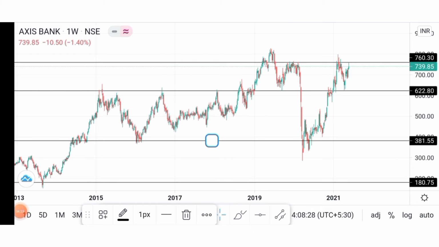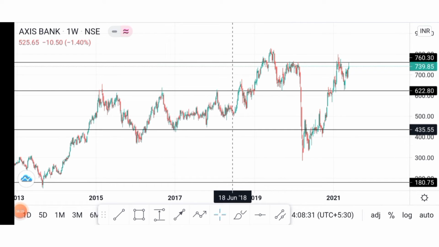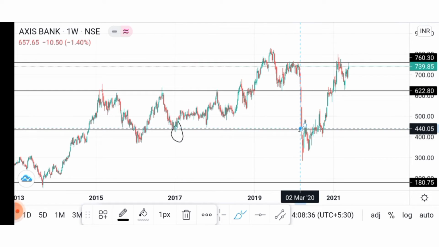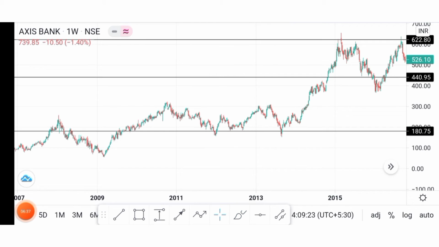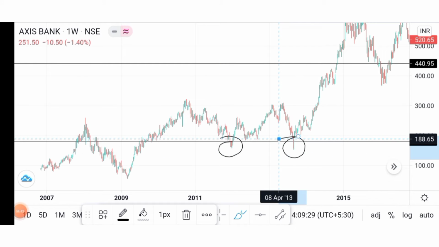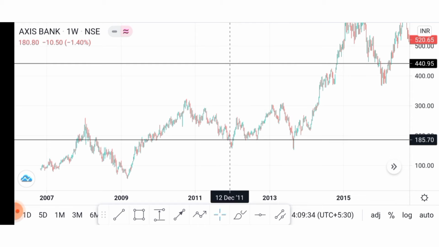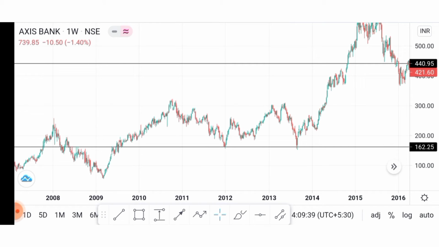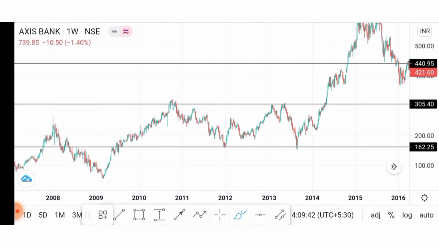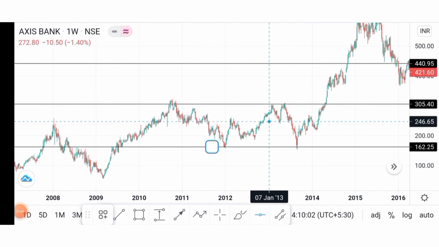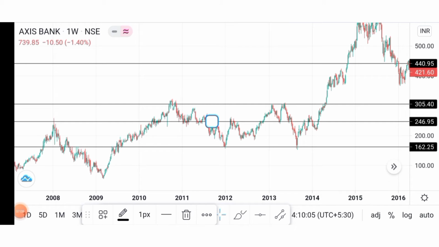And I'll adjust this one. If I adjust it just slightly upwards, I can get these touches over here some more, and I'll go with this line. See, here some candles have been cut by the line, so we can shift that line to the lower part so that we can touch it easily. And I can see some more potential area over here. See, I have just touched these lines. I could even draw one more line here, but I don't want that. I want to keep my charts clean.